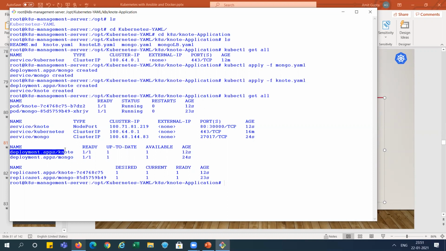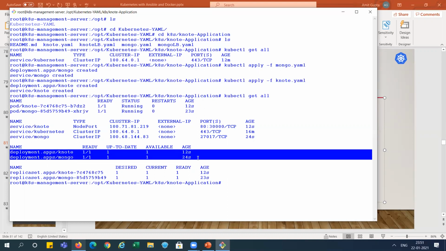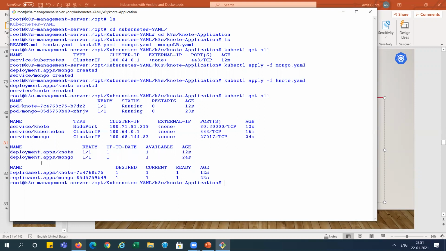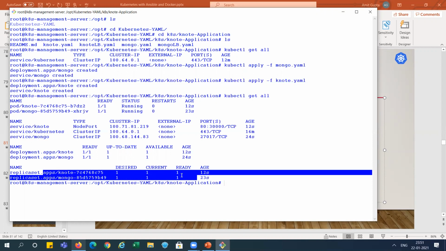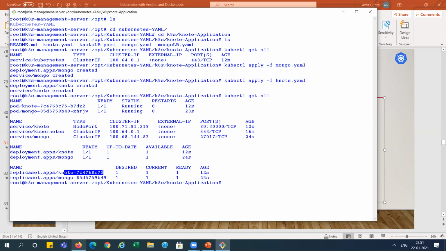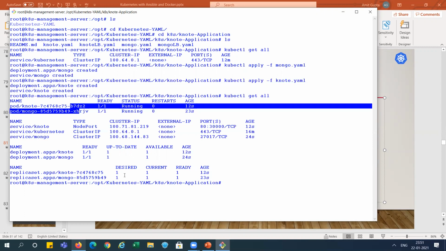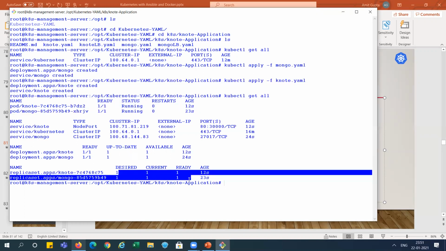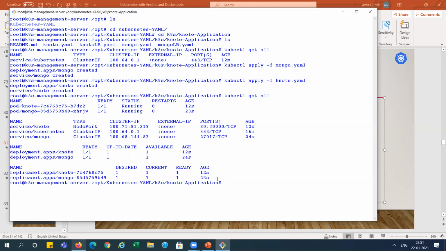And it is creating 2 deployment sets for Node and Mongo, one for the frontend and one for the backend, right? And it creates the replica set because we selected only one replica. So you can see here one desired, one current, and one ready. One ready means one pod. For Node, you can see this pod 775C75 is created, and this B49 pod is created for Mongo, right? So we have 2 pods running over here, and it will maintain this status every time. So the deployment has been completed successfully here.